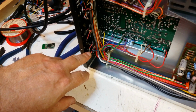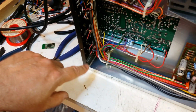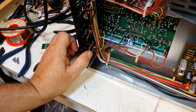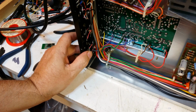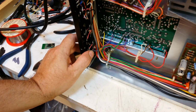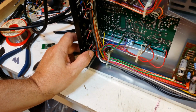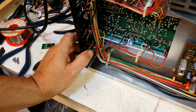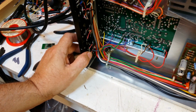Auxiliary in, which is what I'm going to connect it to, because that'll accept a nice line level without having to do any adjusting or anything. Is at the back corner here, so chances are I'm not going to find the voltage I want on any of these boards. So what I was going to do is let's have a look. Power supply board's the other side there at the top, so what I'll do is I'll get a 7805 and I'll